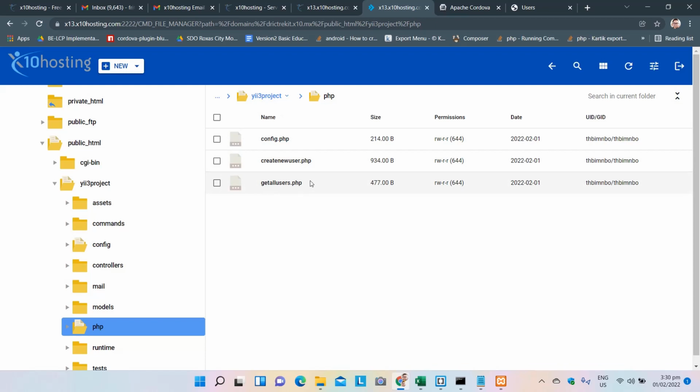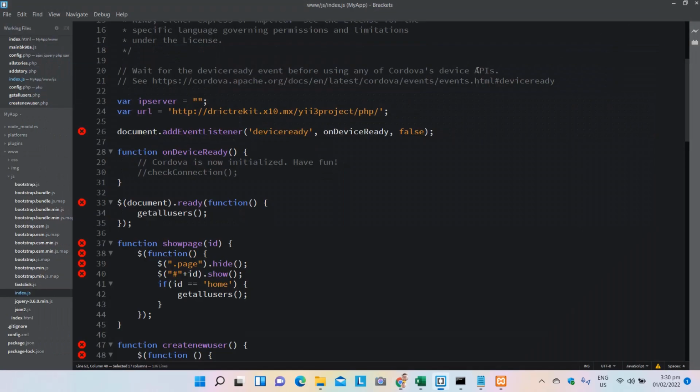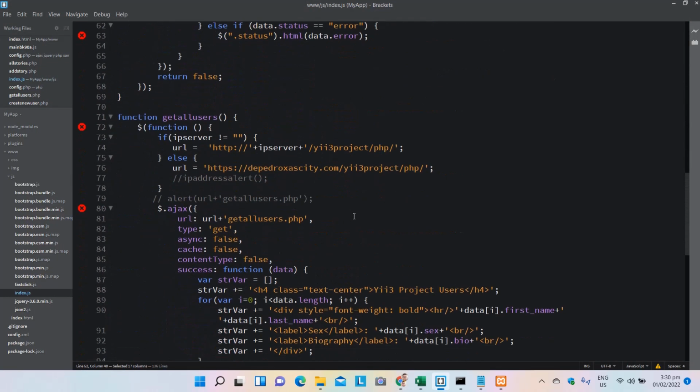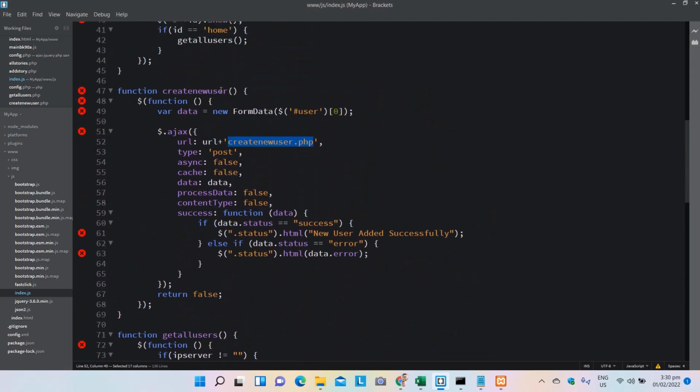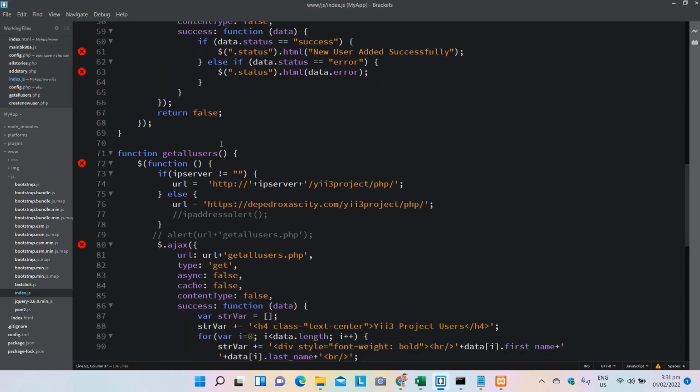use the get all user, and uploading of the data or entering the data from the app to our server would be the create new user, like this one. This is the create new user function that we created last time to upload the data from the app to the server. Okay, similarly here to get all users